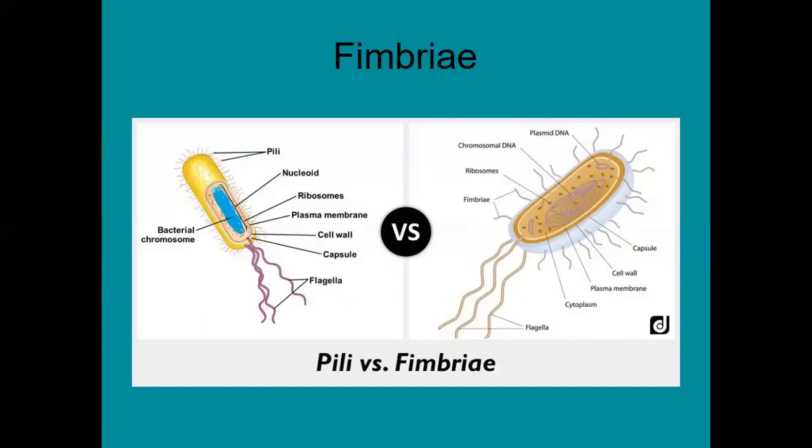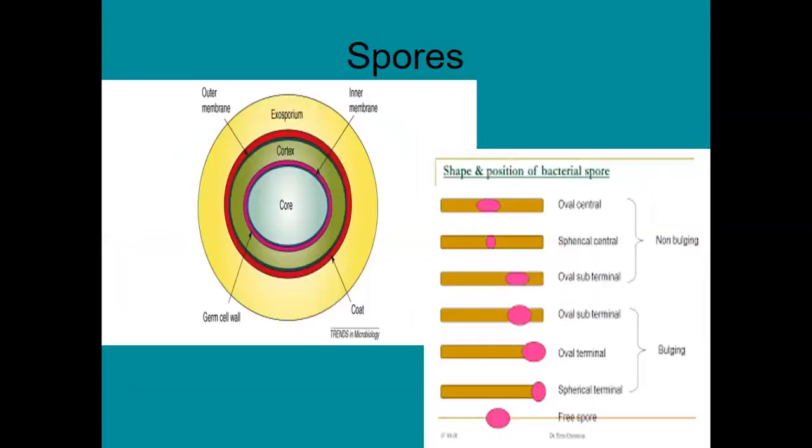Then you have the fimbriae, and then you have the pili. Fimbriae sometimes help with locomotion, and flagella also do locomotion, but pili are not for locomotion. Pili are for transfer of material, for cell division, for asexual reproduction. Pili are very small actually. If you see the figure, first in size is flagella, then fimbriae, then pili.